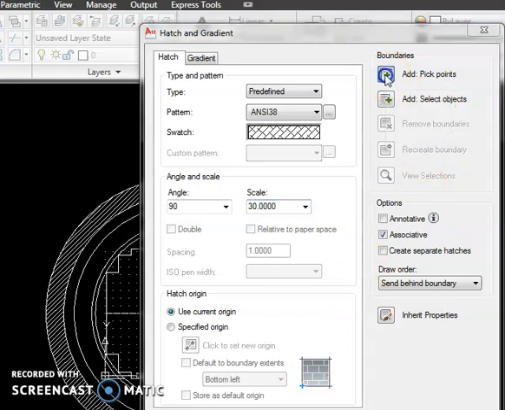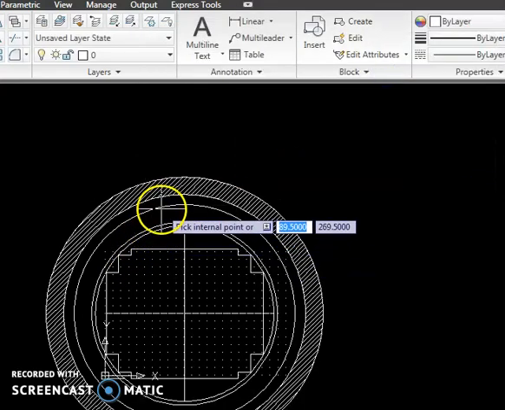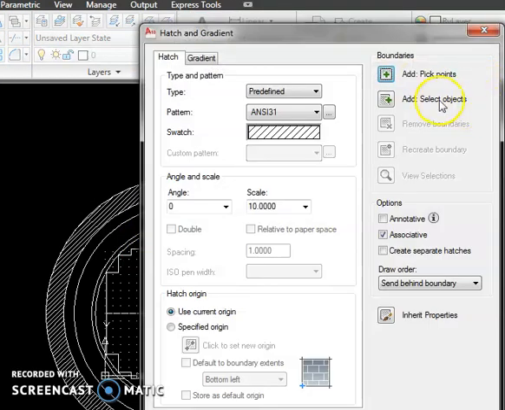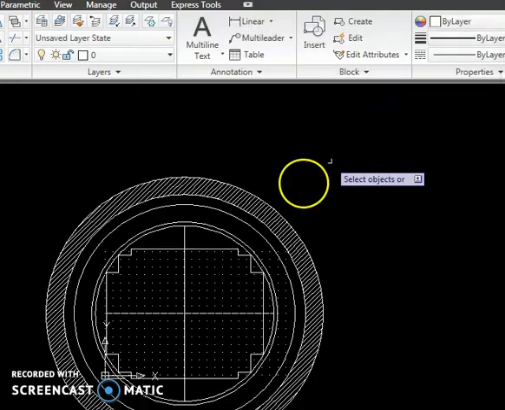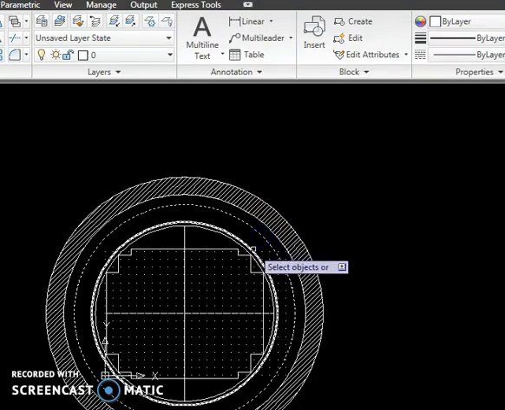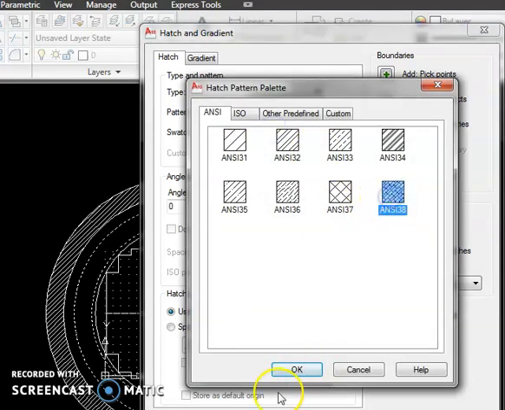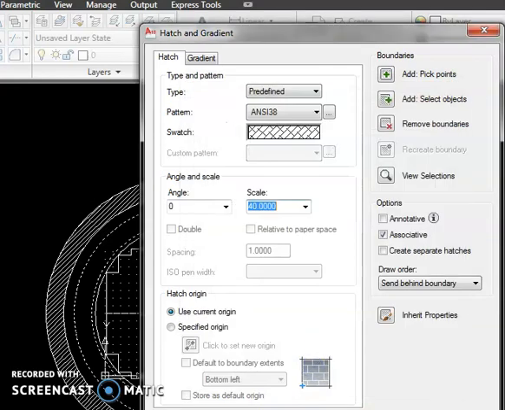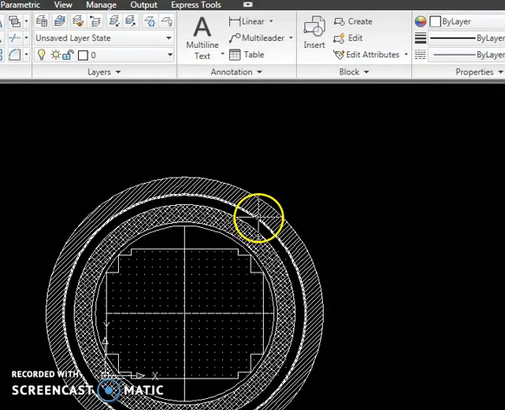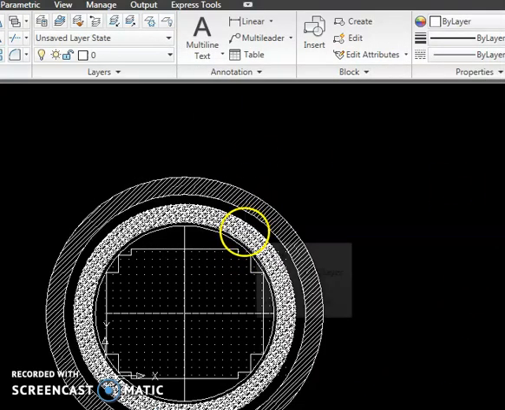Same, add select object, I have to do. I am very sorry. Add select object, this and this. Enter. Different hatch I am going to select. Okay, fine. See, HV winding, LV winding.